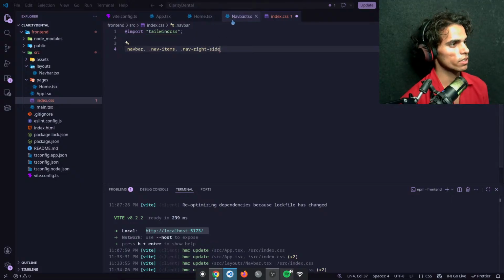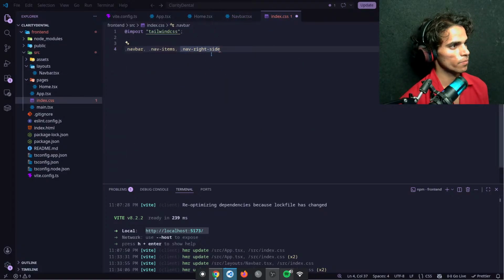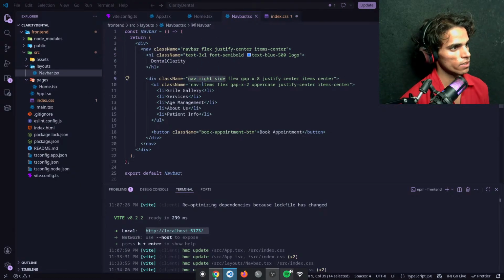Let me check. Nav right side, and nav items, and nav bar. Nav right side, yeah. So we have nav items, nav bar, and nav bar, nav items. Okay, so inside all of these we are using the same classes like justify, items center, and flex.